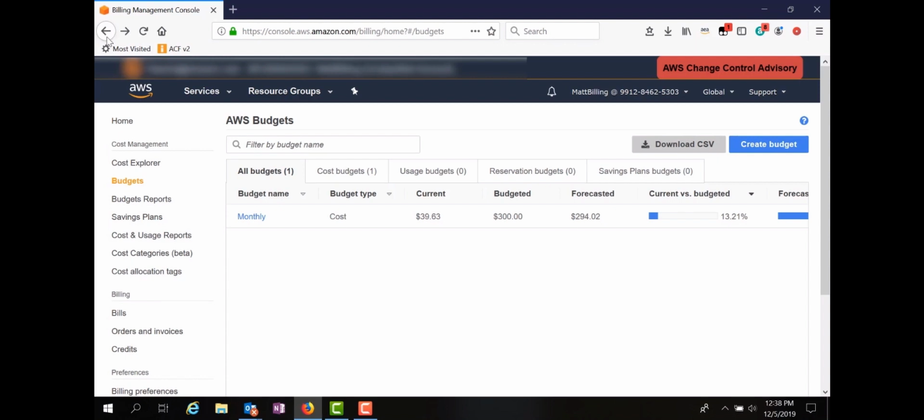That would obviously require us to change the budget, or we would constantly be getting alerts because, as you saw before, back in June and July, it was $1,700 and $1,500 incurred in costs, and the budget here is just set for $300. So budgets allow you to keep track and get a better overview of the costs you're incurring within your AWS account.